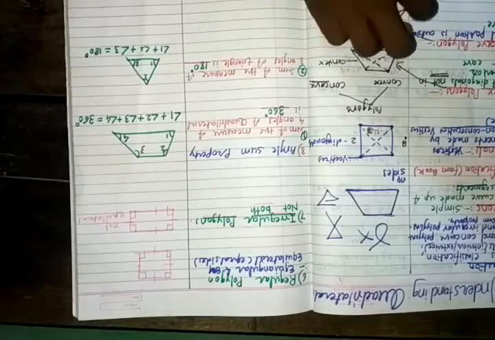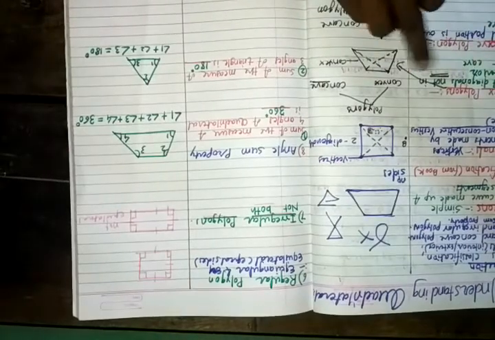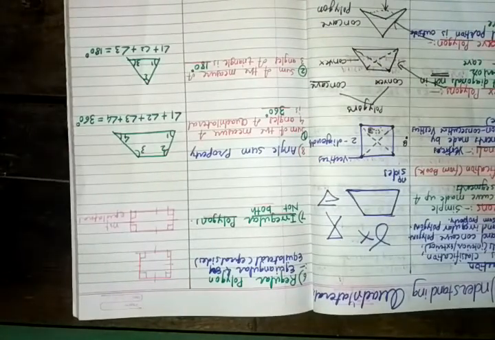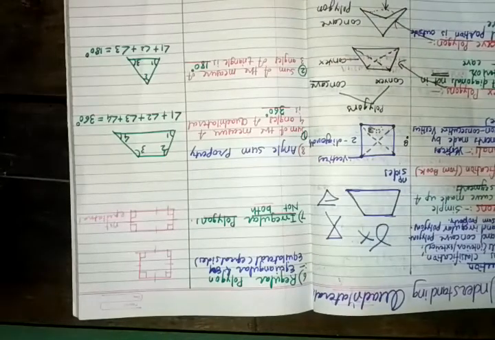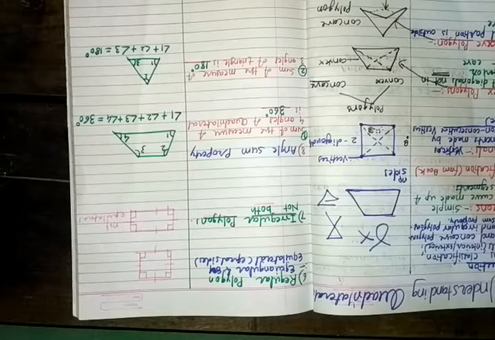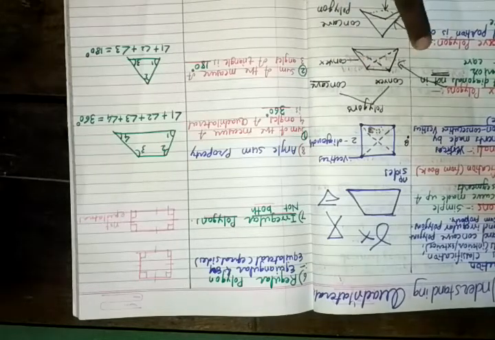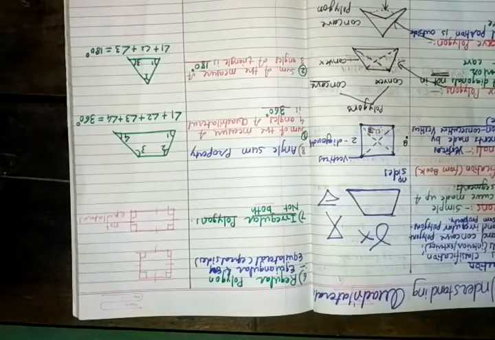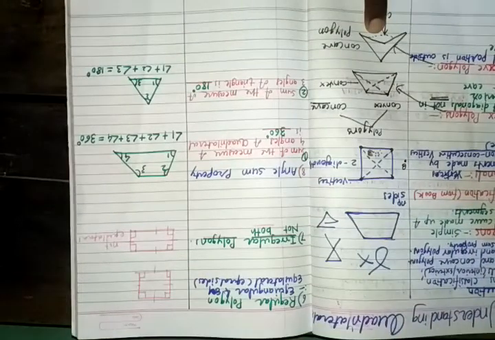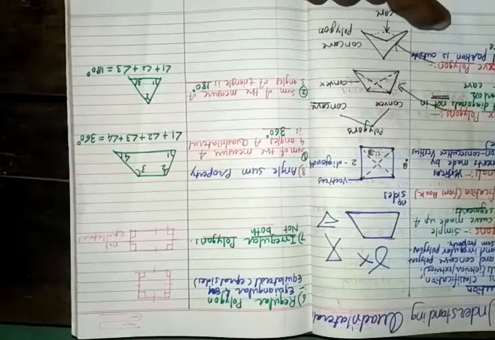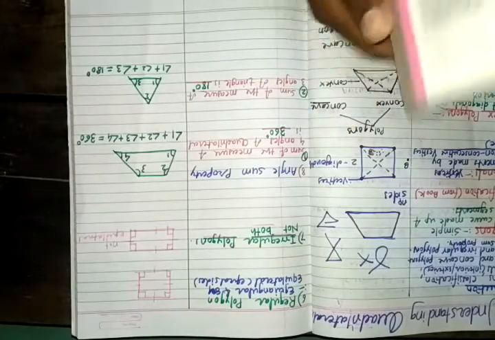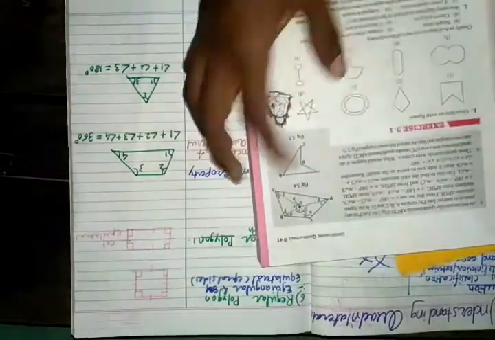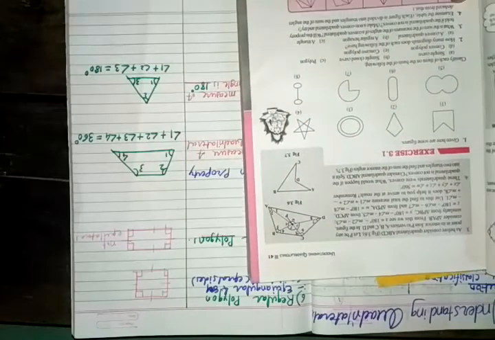Convex polygon we mentioned yesterday: the portion of the diagonal is not in the exterior, that means it does not have any cave. If it does not have any cave, then it is convex. And if it has a cave, as I have drawn here, then it is a concave polygon. So I have mentioned all the things. You just go through the first question, and I am sure you will be able to solve it.